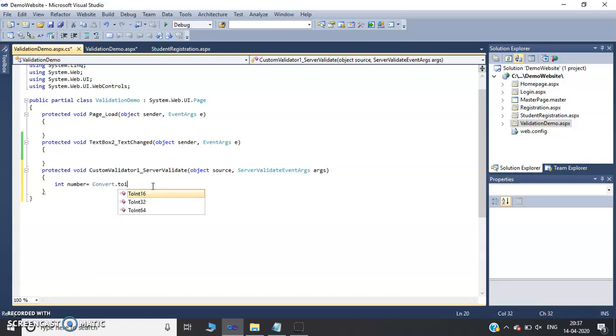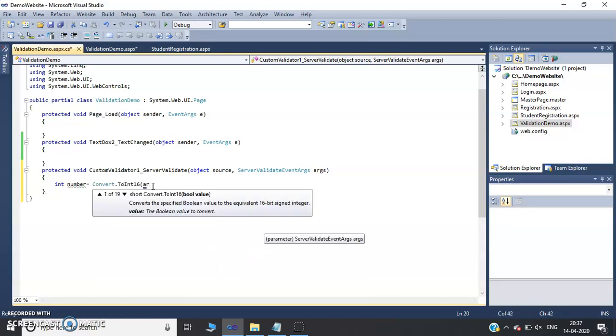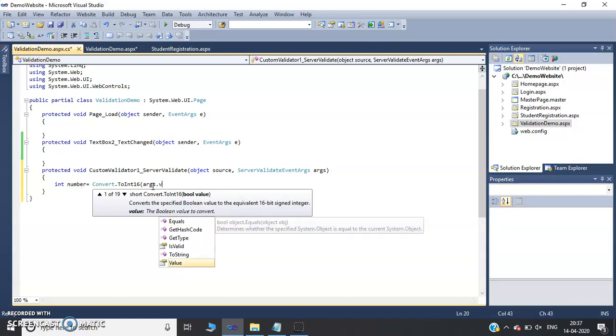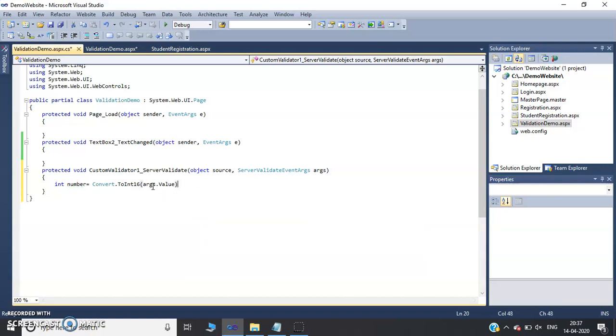So convert to integer and accept this number from args dot value. So whatever the input entered by user will be assigned to the variable number.